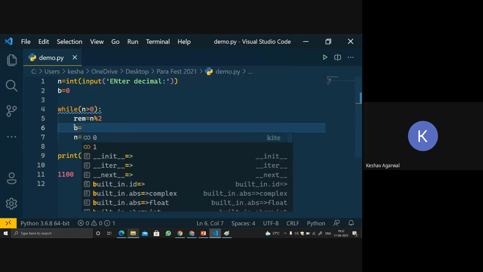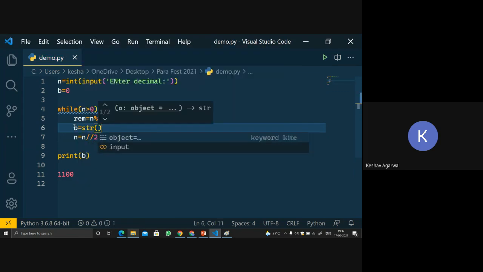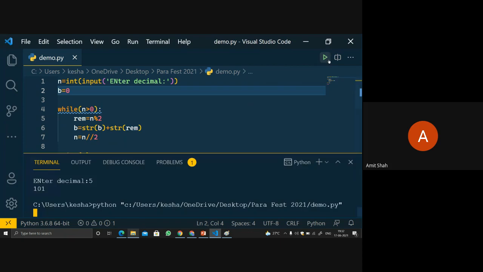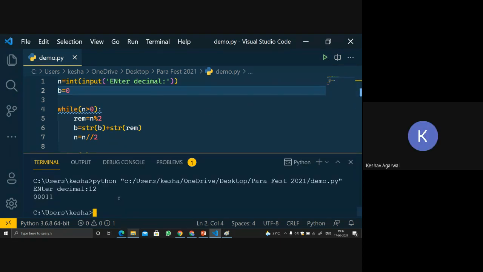B is equal to str. B into 10. B multiplied by 10. No, it will keep on concatenating now. Okay. 12.